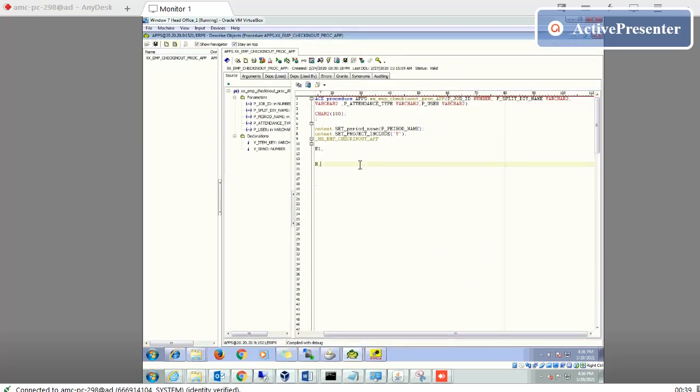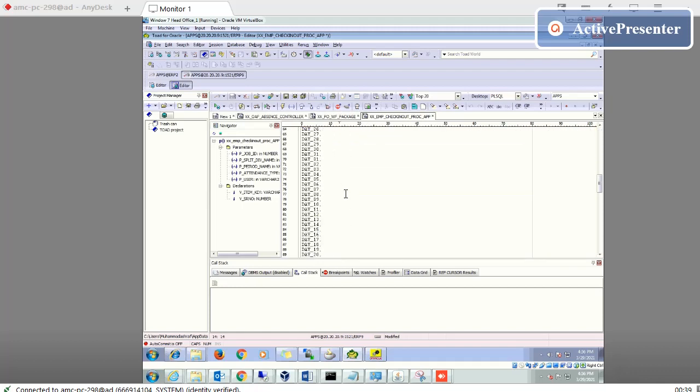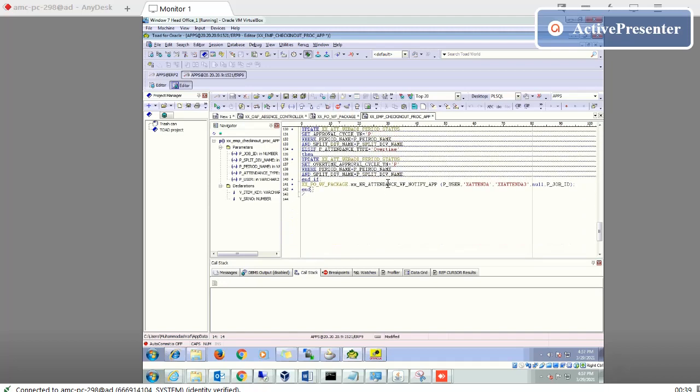First, what I did, I inserted all the data in one customized table. Then I call this procedure here.